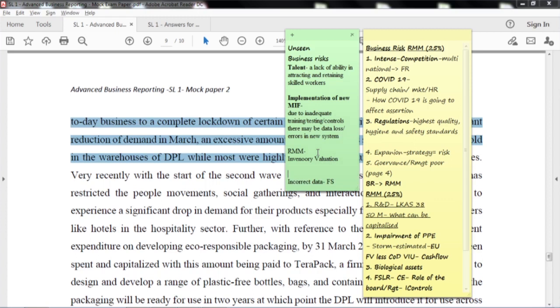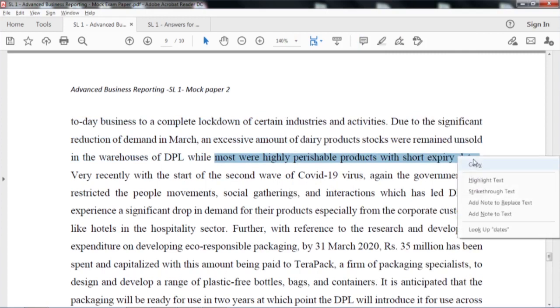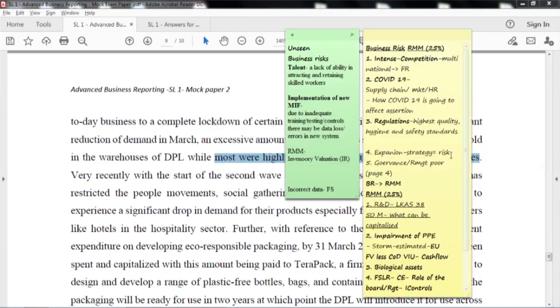So, now inventory valuation itself is an inherent risk, right. I will tell you how to write, but let us put the information. Let us take the information from the case study, especially this is the part that you should extract from the case study to write your answer, by adding a few words of your own when you write your answer. So, I extracted it, let us write your words and complete it to get marks.